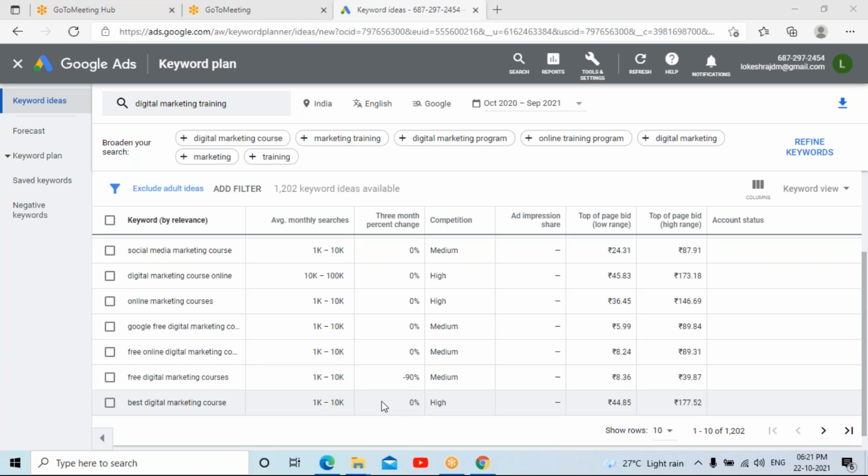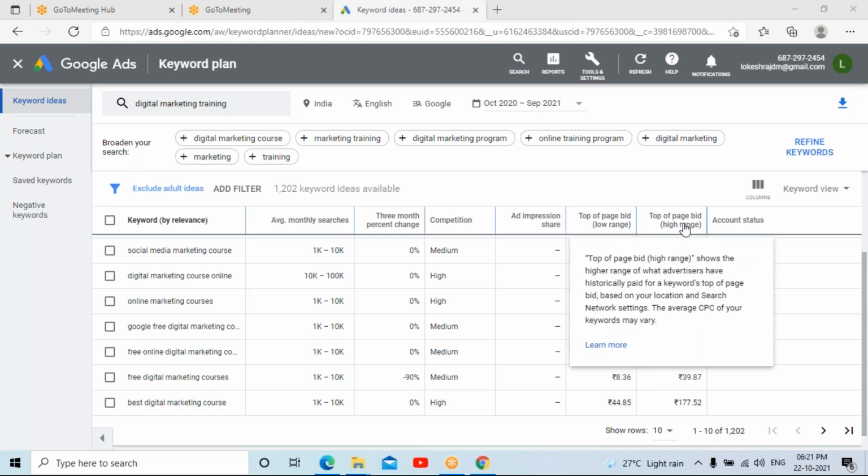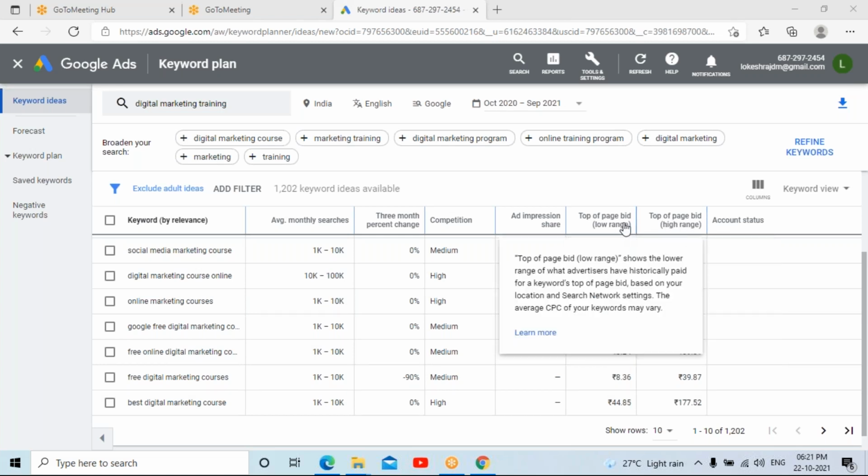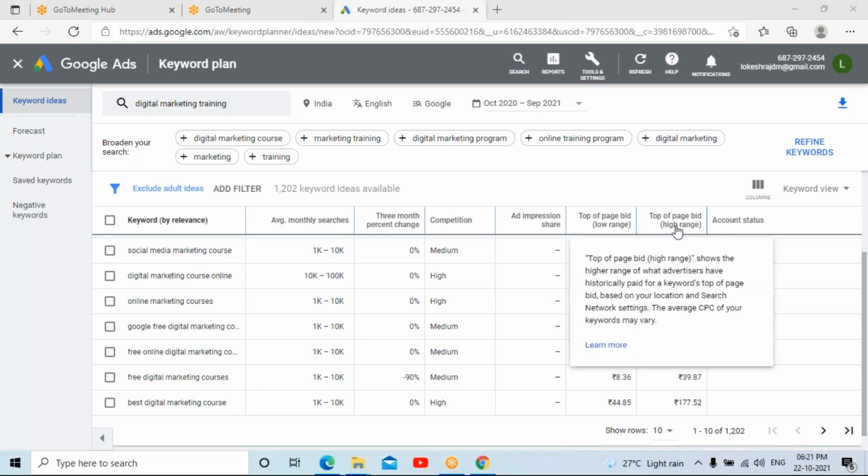If you take the example of keywords, you can see on the right hand side there is an option as top of page bid, with the low range and high range. What is that? It is cost per click. It is chargeable when you use such words.